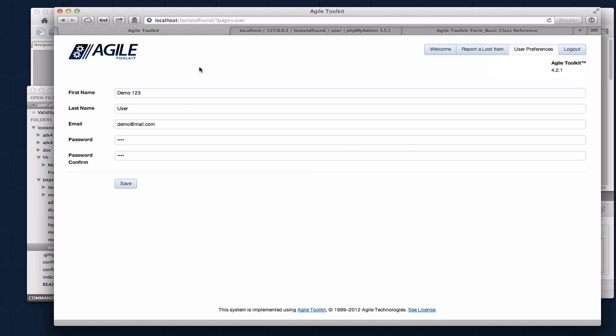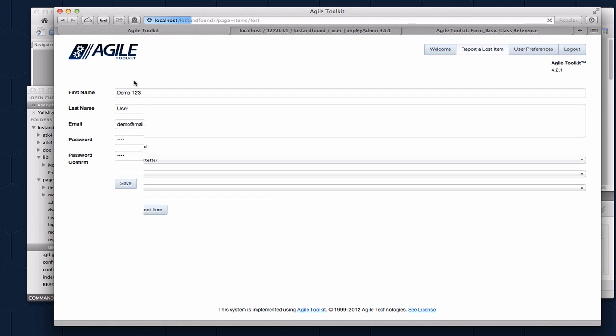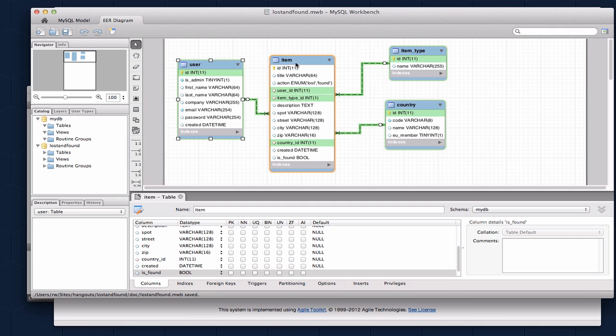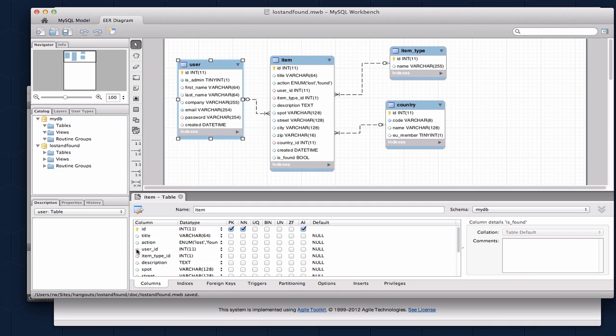So where do you want us to head next? We already have a form for reporting a lost item, so maybe we can do one for a found item. All right, let's look into that. In item we have action, which is lost. Do you think it should be called not the action but something else? Yeah, action is not really the right thing. What could it be? A state or